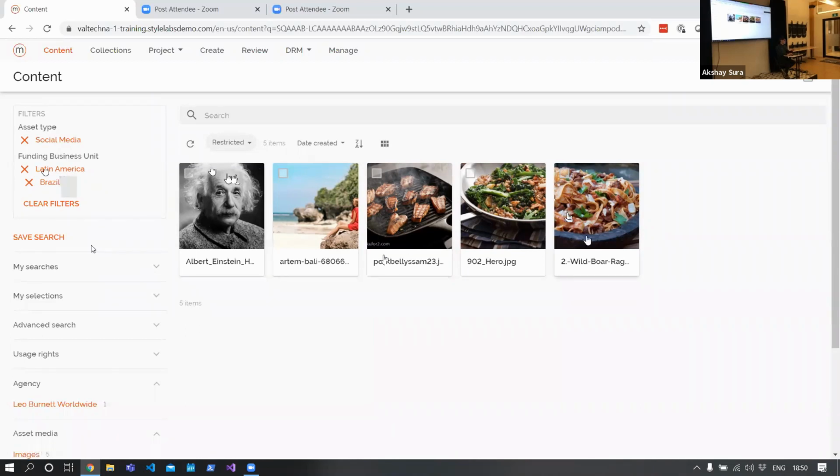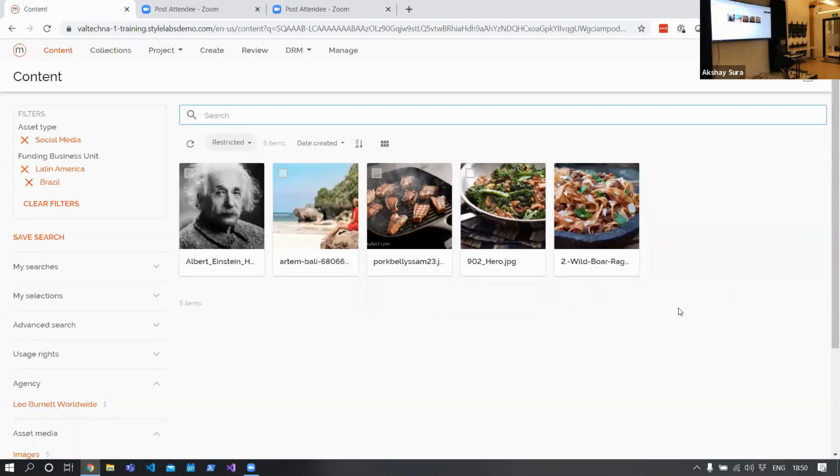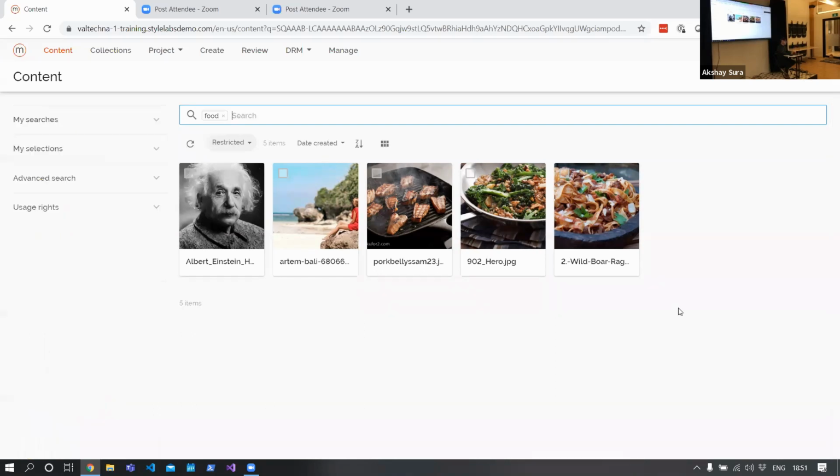Like, I'm getting 5 results because I have 74 total images, but companies, large organizations, they have tens of thousands or even hundreds of thousands of assets, right? They want to narrow that search down to maybe the best 10 or so. And how you do that is you use the search functionality, and you describe the image or asset that you're looking for. Let's say I want to get all food related results within this filter. So if I look for food, I get